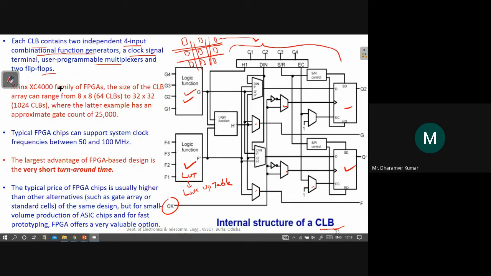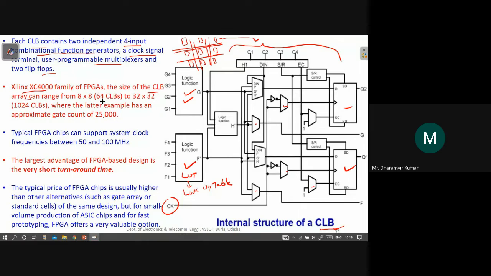For example, Xilinx is a company working in the FPGA sector. Take the Xilinx XC4000 family of FPGAs. The size of the CLB array can range from 8 cross 8 to 32 cross 32.